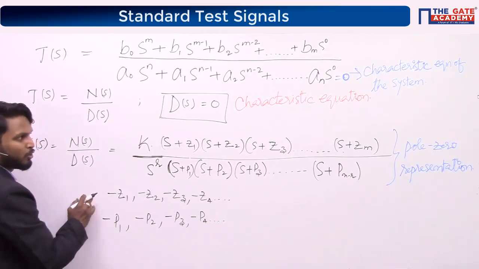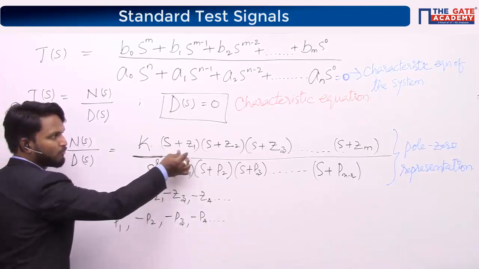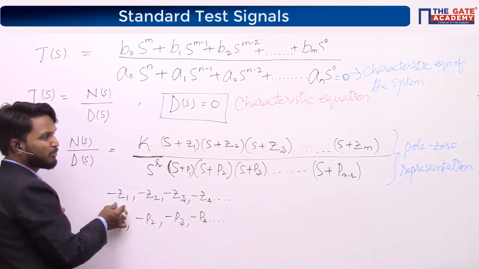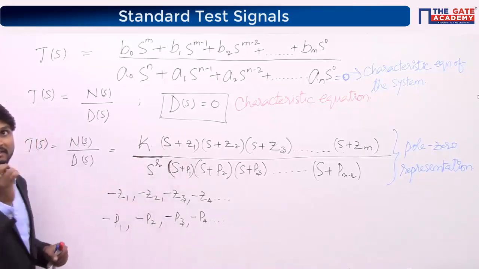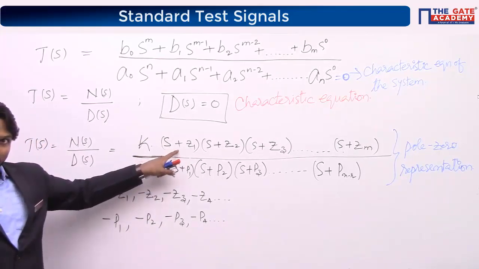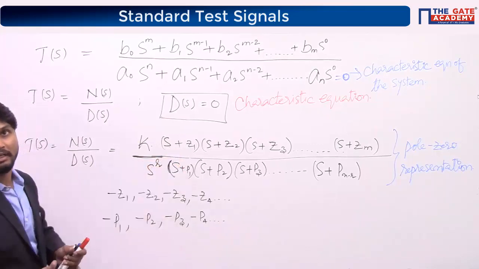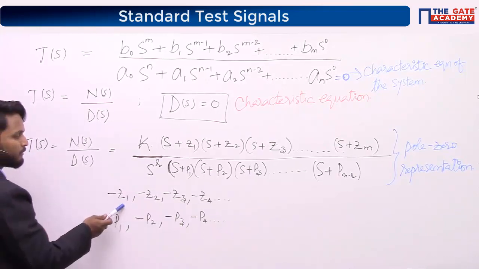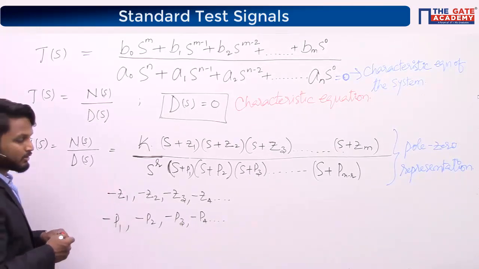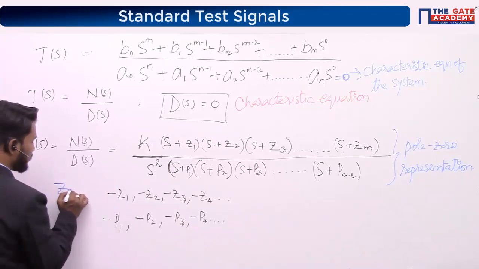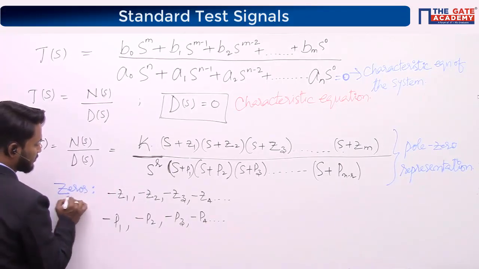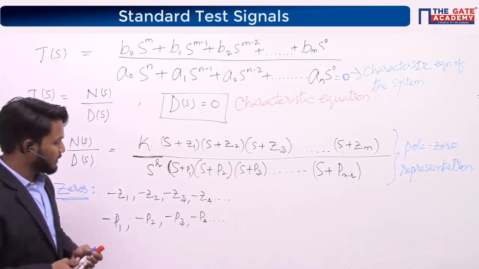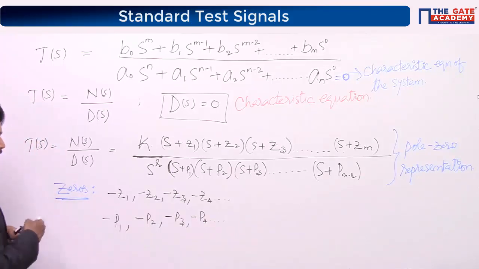So for the roots of the numerator polynomial, if I put s equal to minus z1 here, what is the value of the transfer function? Zero, right? So the values of s which make the transfer function zero are given a name called zeros of the transfer function. The values of s which make the